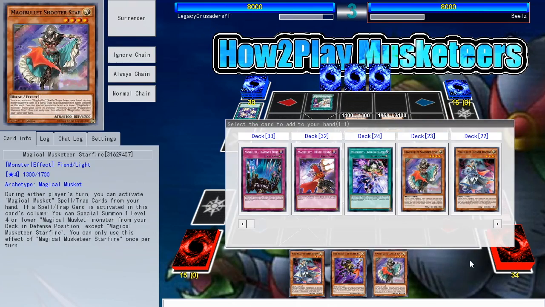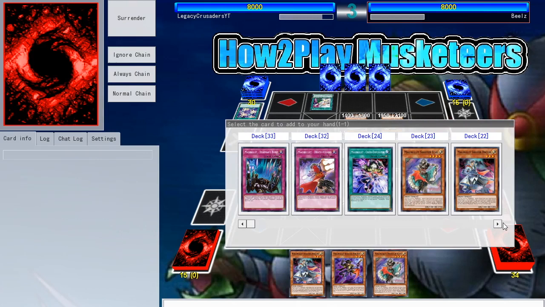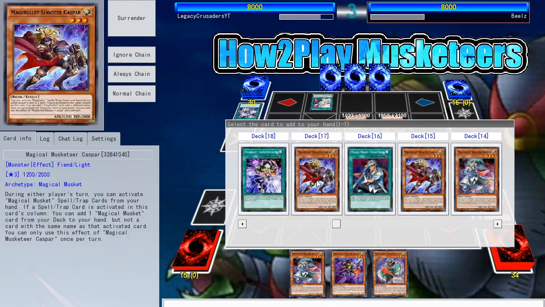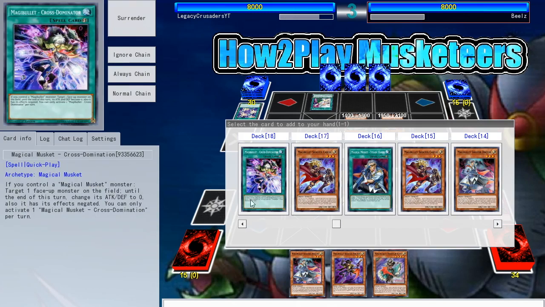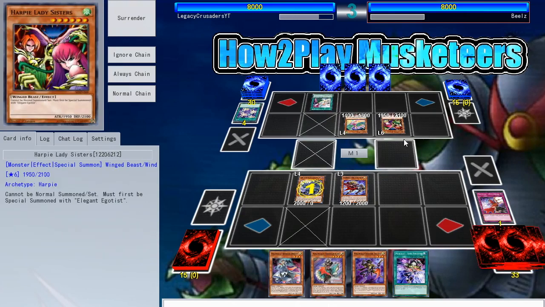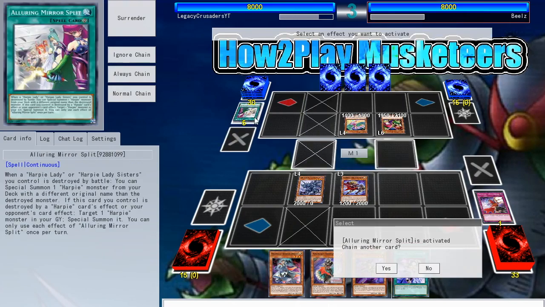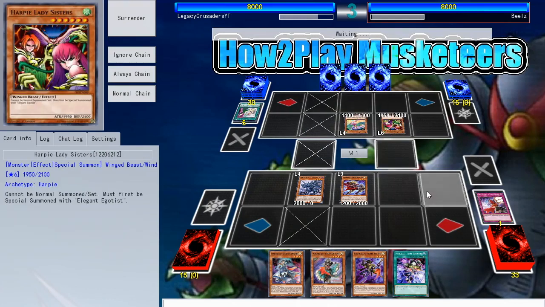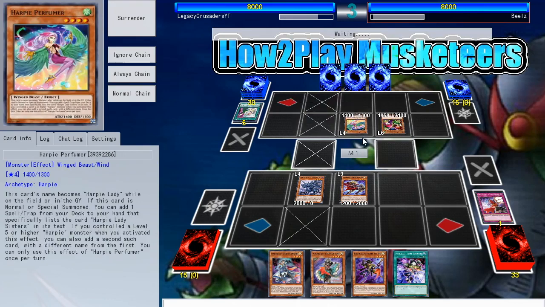Blessed. Let's search... Crossdom. Okay. So he's got Harpy Lady Sisters. Mm-hmm. So when that card's destroyed, summon 1 from grave. We don't need to worry about that. Yep. And probably make the Link monster. Probably. But we have Crossdom, so...